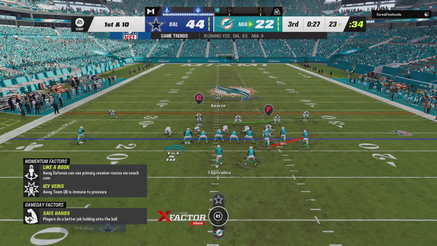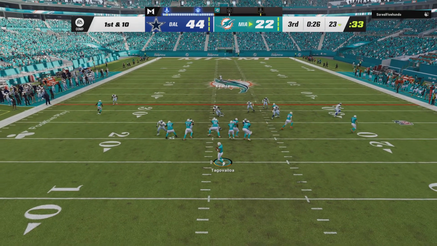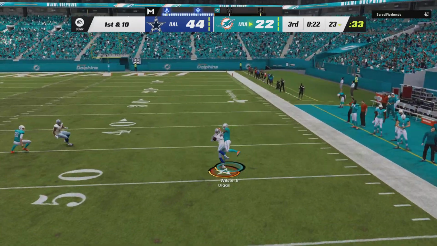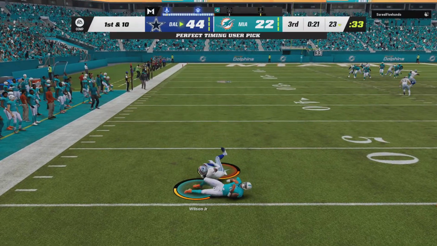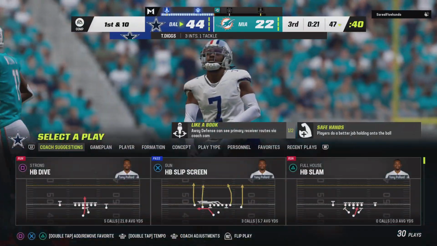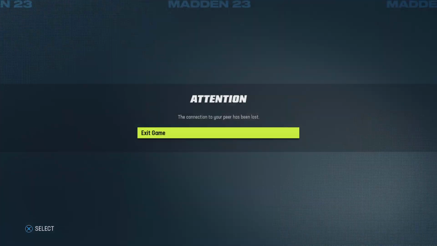Well, this has been a tough one for them, Charles. They've struggled really on both sides of the football. And one thing that's really plagued them, the turnovers. They've had issues. And my goodness, another interception. Picked off by Trayvon Diggs. And the Cowboys...